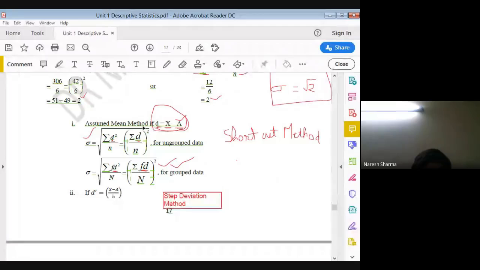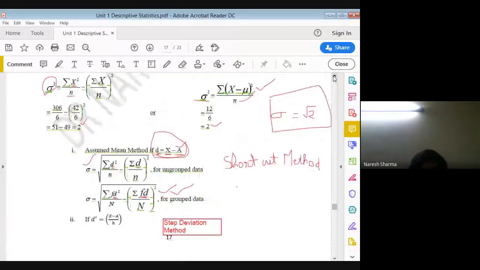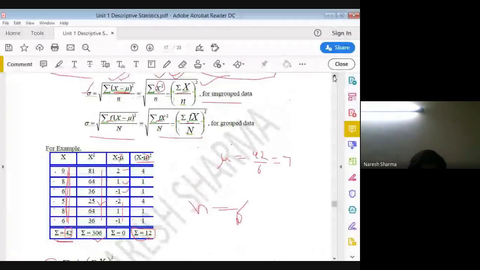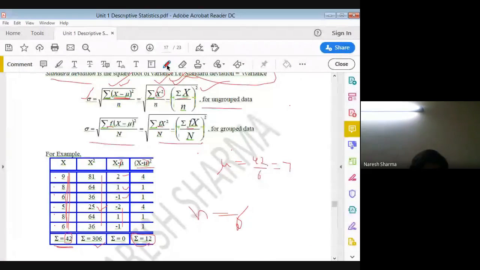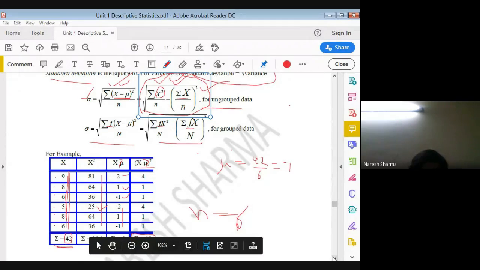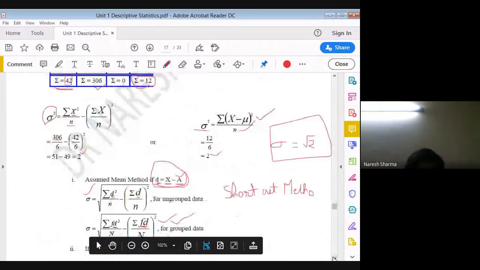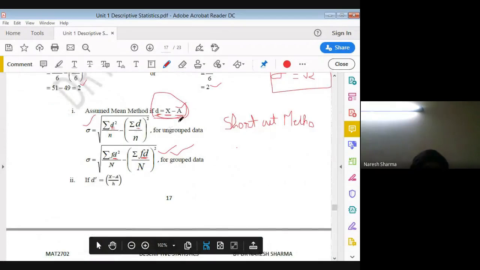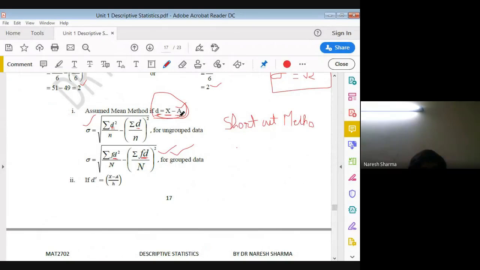Sorry. I'm telling you that you can improve the standard deviation formula which we have discussed, this one, and this is the formula. We are just trying to improve this one by using the assumed mean. In the case of the assumed mean, nothing special we are doing, we just replace x by d, and here d is x minus a, and a is the assumed mean.